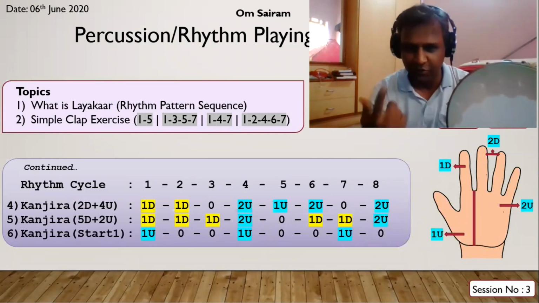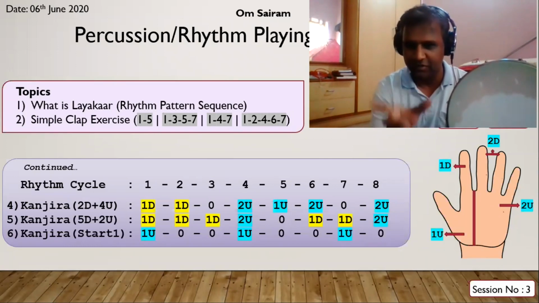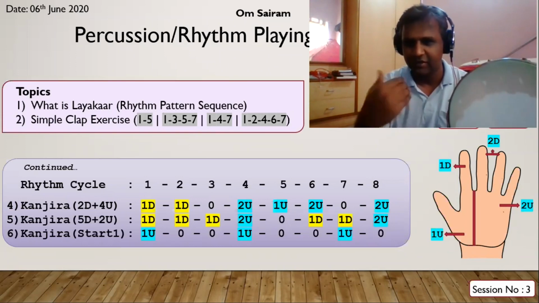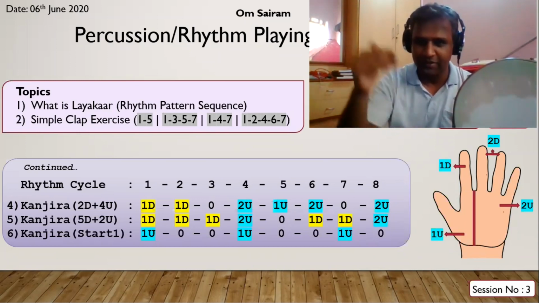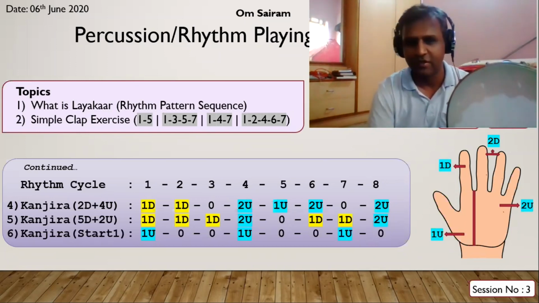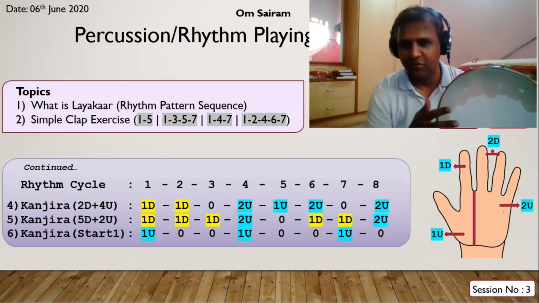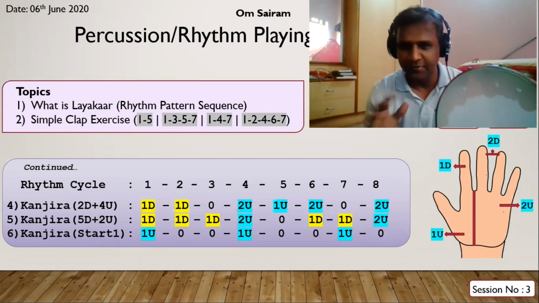This is a nice groove for when you're playing the middle part of the bhajan, like the third, fourth line. You can use these just to vary it. When the line goes higher, you can use this, or when the line goes up and comes, and then the next line comes down. Depending on the mood, you can use it. Trial and error costs nothing. As long as you're in the rhythm, nothing to worry.